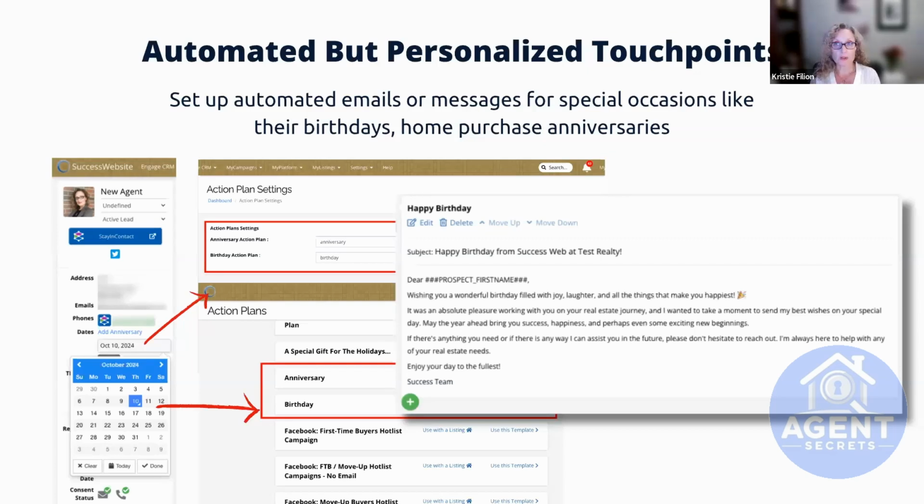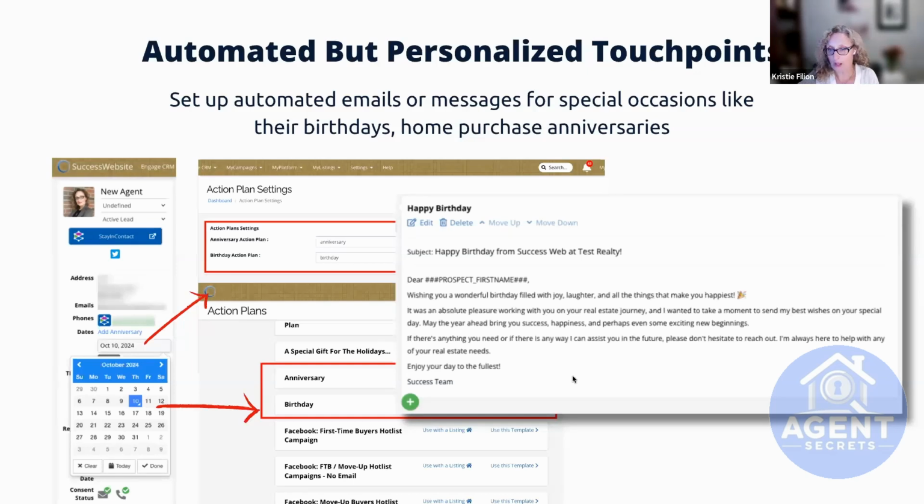Now, an action plan can be as simple as just an email, but it can also be as complex as an email, text message, and a ringless voicemail. So if you wanted to send out a very personalized stack of messages on somebody's birthday, you could have that in your action plan.